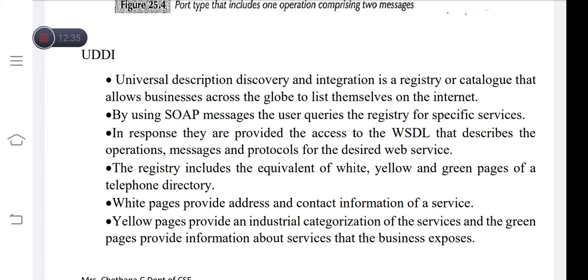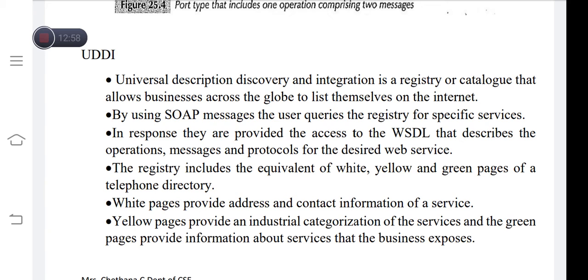By using SOAP messages, the user queries the registry for specific services. In response, they are provided access to the WSDL that describes the operations, messages and protocols for the desired web service.